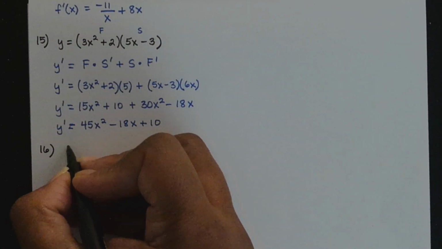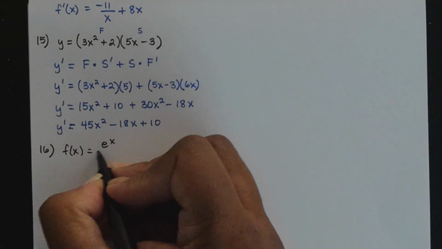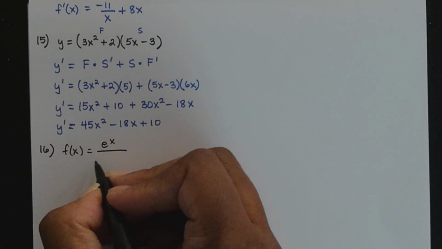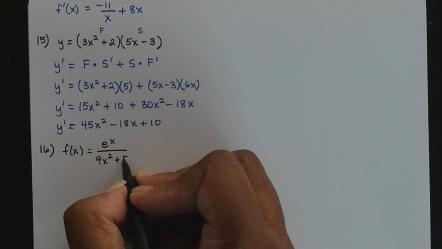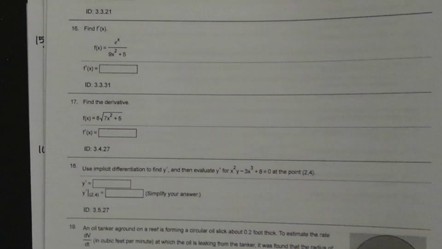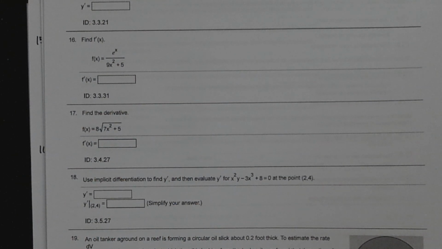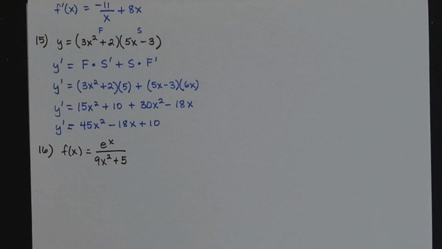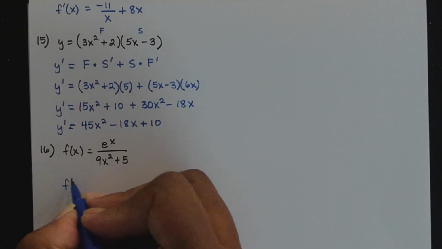Here we got f of x is equal to e to the x divided by 9x squared plus 5. So that's problem number 16. Now, what rule do you think we're going to need to take its derivative? The quotient rule. Because notice I have a numerator and a denominator, so I need to use the quotient rule to take its derivative. So if I do f prime of x,